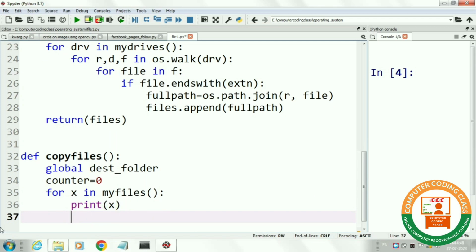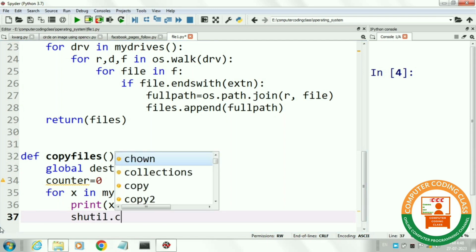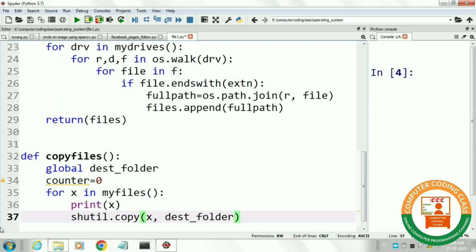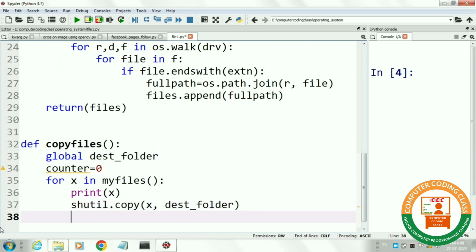Next, we will copy that file to destination folder by using function shutil.copy. This function has two parameters. First parameter is source file and second parameter is destination folder. If we are performing copy operation on already existed folders, then it will not overwrite or delete already stored files.